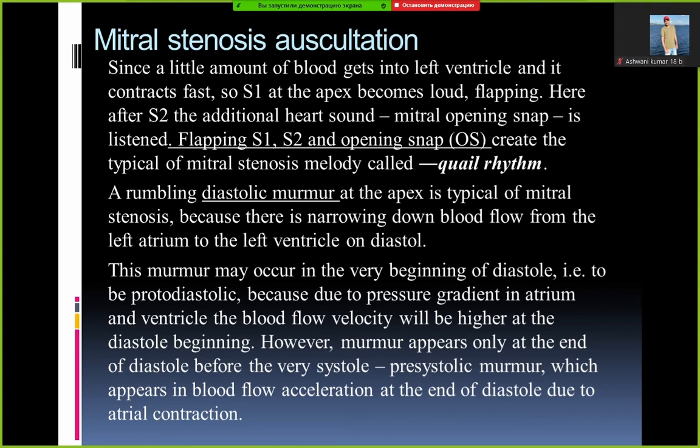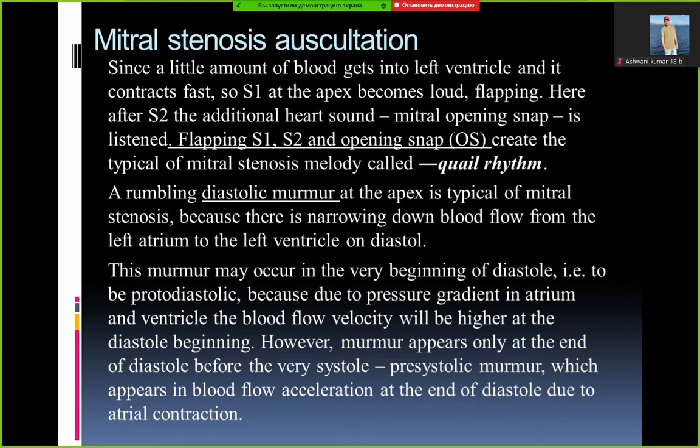And also we may hear a rumbling diastolic murmur at the apex beat, because there is narrowing down of blood flow from the left atrium to the left ventricle in diastole. That is why we will hear diastolic murmur. This murmur may occur in the very beginning of diastole,